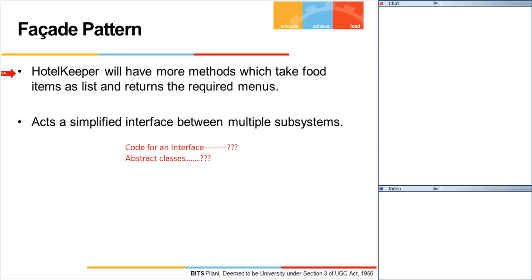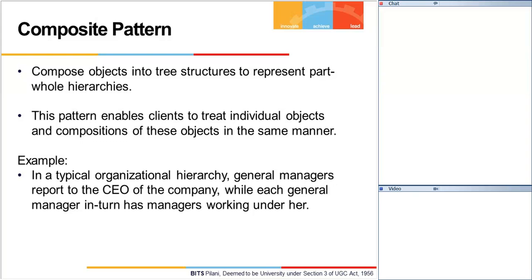Okay, that's all I have for the facade pattern. Let us move to the next pattern. The next design pattern for today is the composite pattern. The composite pattern is also a structural design pattern. The aim of the composite pattern is to compose objects into a tree structure to represent part or whole hierarchies. So this pattern enables clients to treat individual objects, also called atomic objects, and their compositions